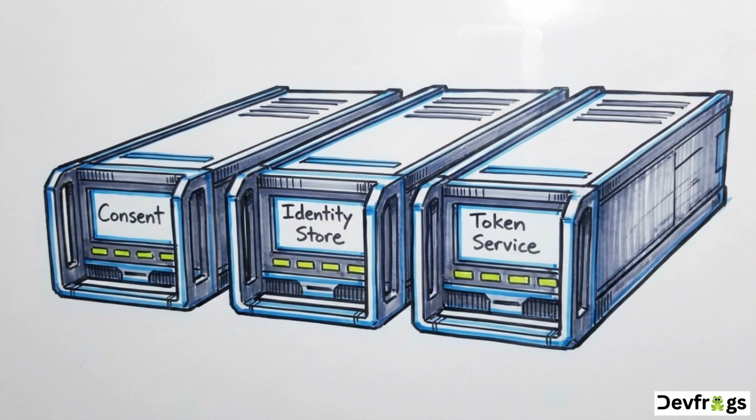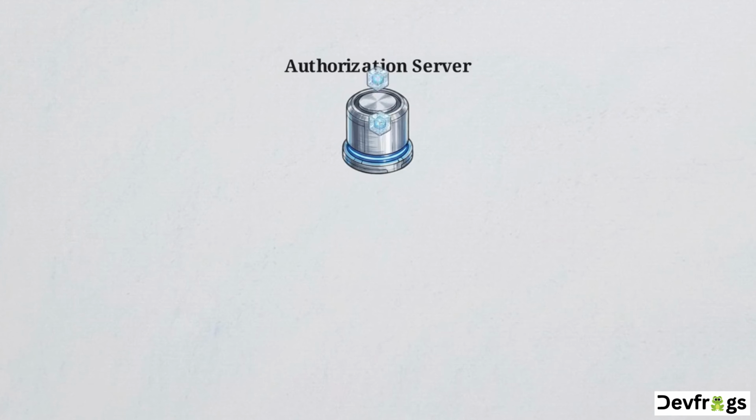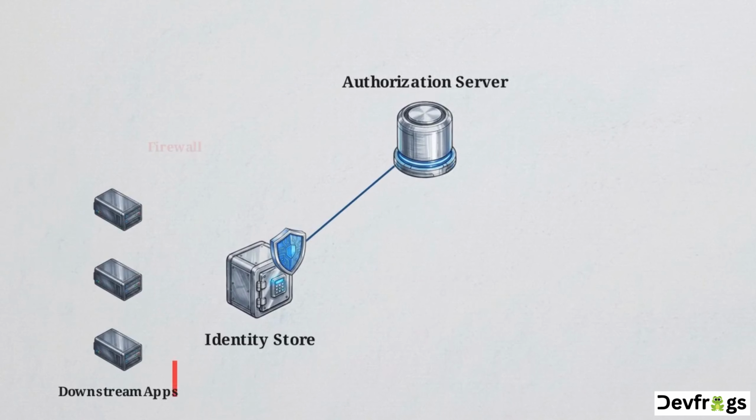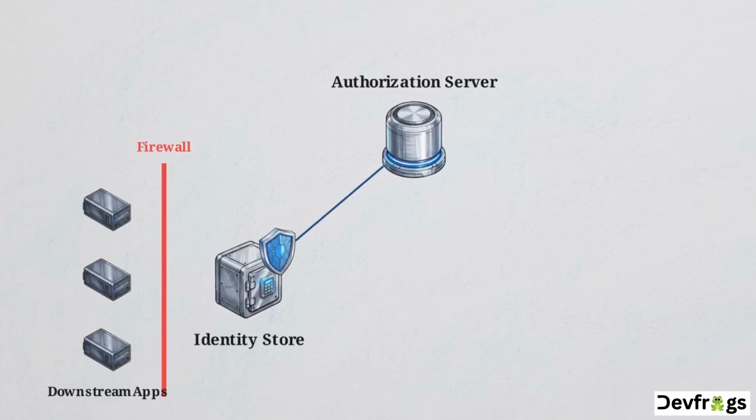To function securely, it must be subdivided into distinct logical engines responsible for consent, data storage, and cryptography. The authorization server acts as a core routing engine. It receives credential requests, generates consent screens, and orchestrates data flow to 2 subcomponents. The first branch leads to the identity store, a highly secured database strictly housing encrypted credentials, profile metadata, and passwordless authentication keys. During multi-factor authentication, validation executes entirely within the identity store.